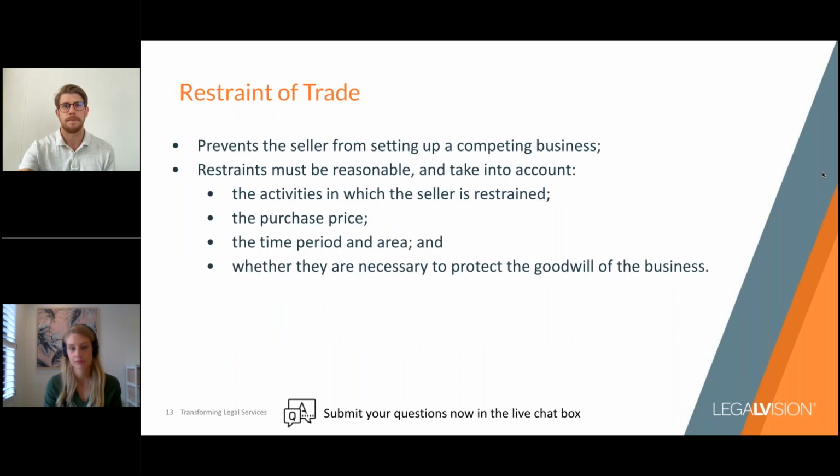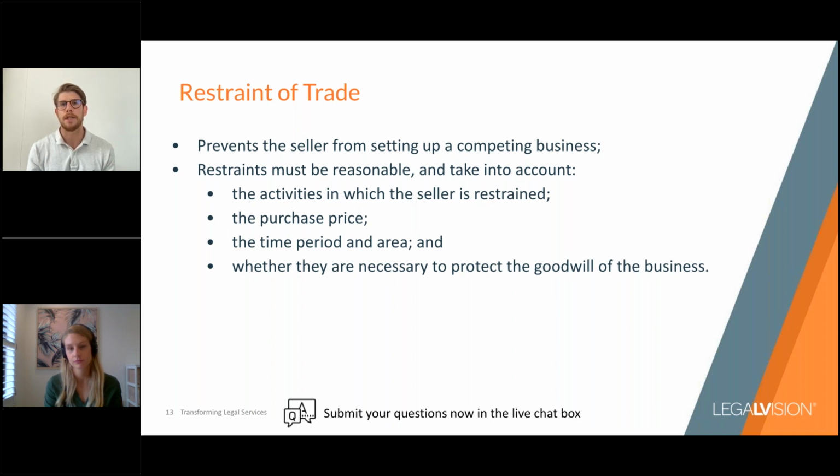And so a very important part is a restraint of trade. This is a concept that goes into the sale of business agreement. And so you as the buyer want to know that the seller isn't going to set up a competing business after the sale completes. Where this is a premises-based business, you have a bricks and mortar location, these restraints of trade are expressed over a period of time and within a certain distance. So say, for example, 20 kilometers in 2 years, and it covers a number of activities that the seller is prohibited from doing within that time frame and distance.